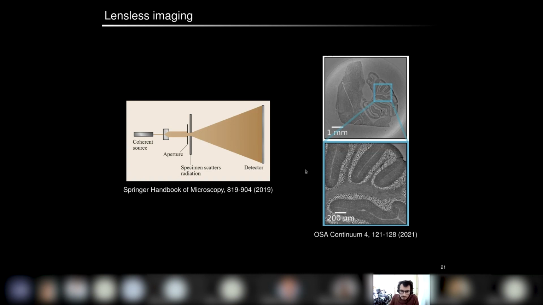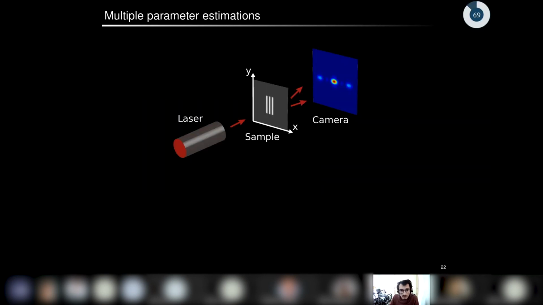So we would like to know, could our formalism be used to find an optimal way to illuminate this sample in such a configuration? It's a different configuration than what we've investigated before, because here you can have several parameters and you measure only diffraction patterns. You are not able to measure the phase of the wave. So we looked at a very simple example in which we sent numerically a laser into a sample constituted of 3 lines, and then we calculated the diffraction pattern associated with this object.